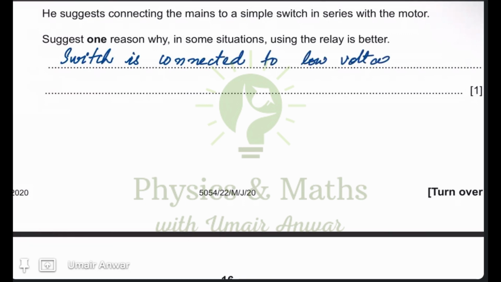And when we connect it directly with the motor, then it is connected to high voltage because the motor would be making a large current flow through the circuit. So that would affect the switch also, and it could melt and get short circuited